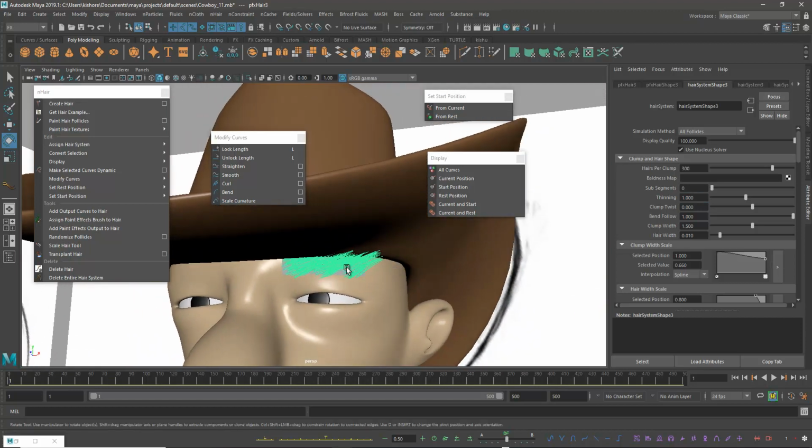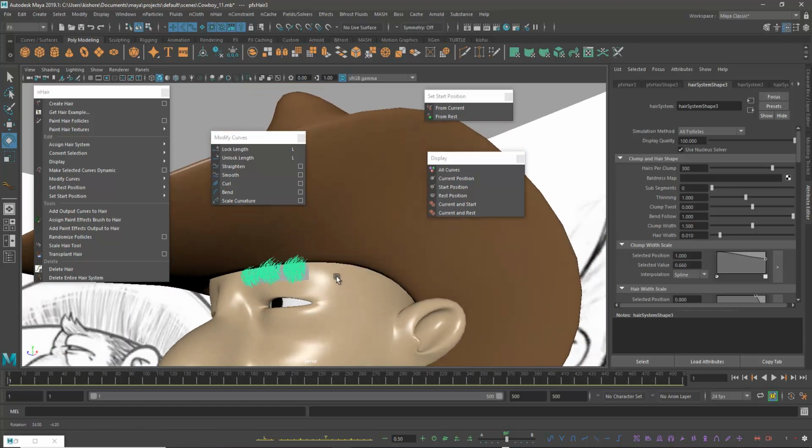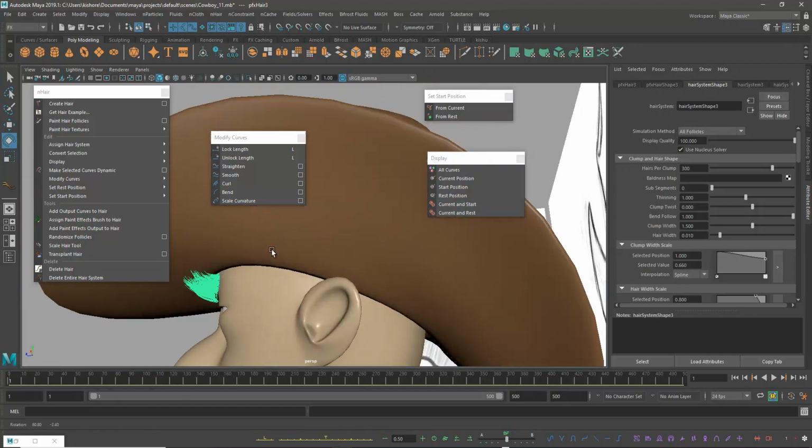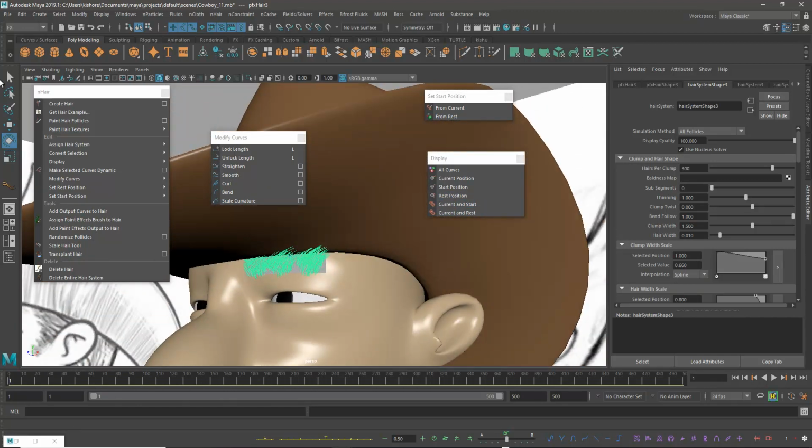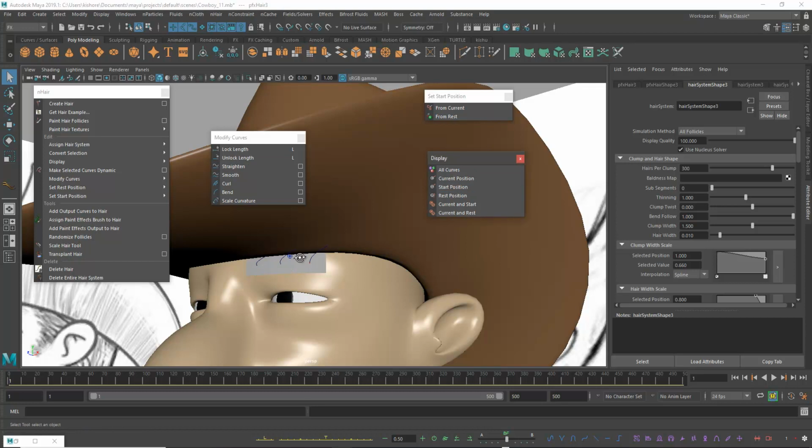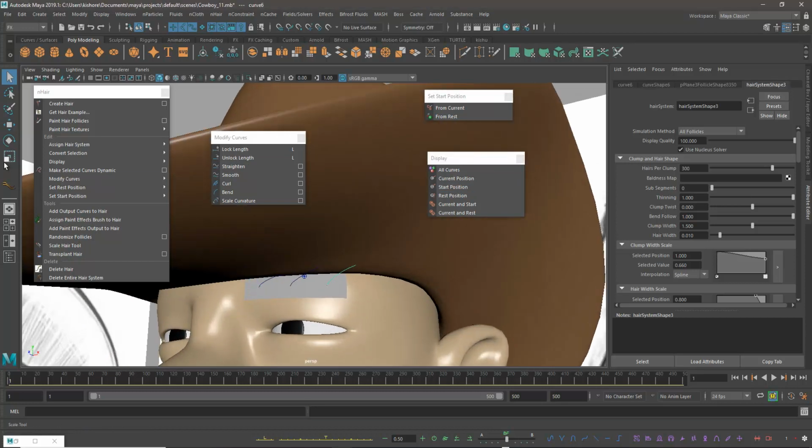If you take, instead of 3 follicles, better take 6 follicles, top 3 follicles and down 3 follicles, then you can see better. Okay, and I just want to bend a little bit, something like this.